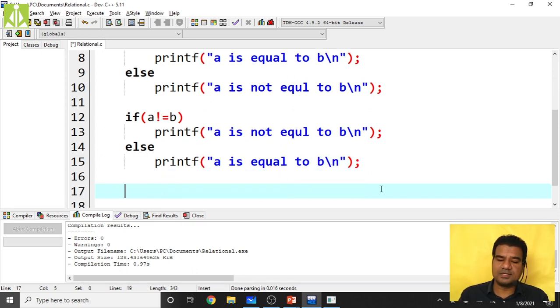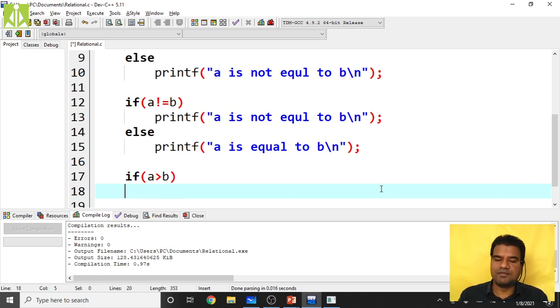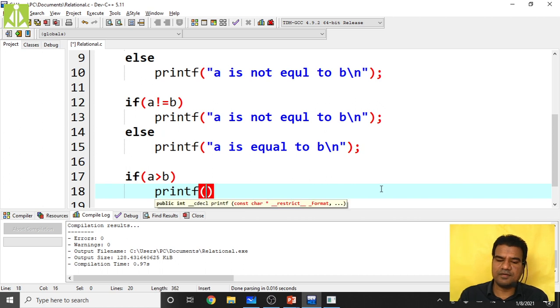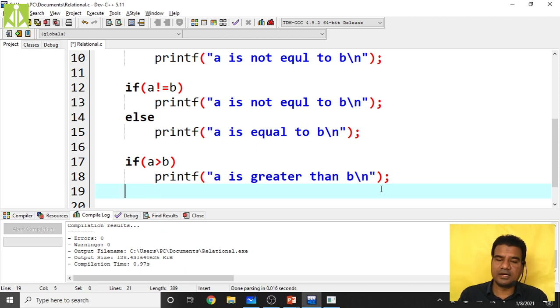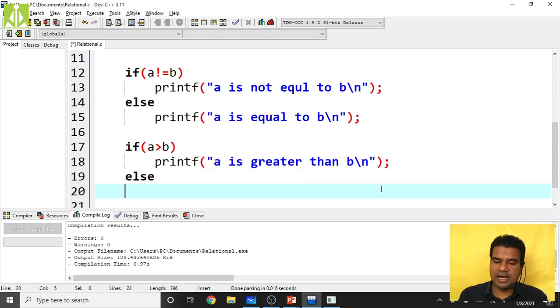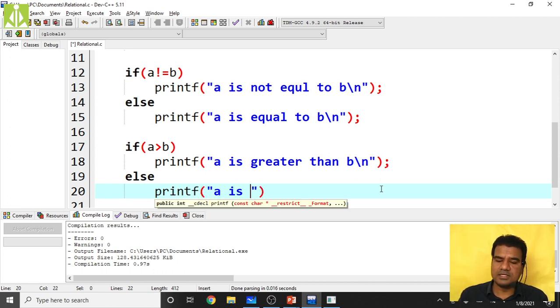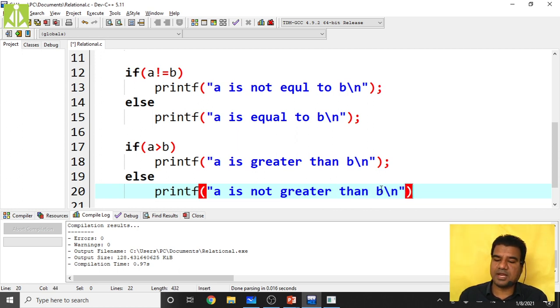Likewise, if a is greater than b, you frame the instruction printf "a is greater than b". I told you to put the backslash n, just to have the newline character at the end of your output. Then inside else, printf "a is not greater than b", with one more backslash n.